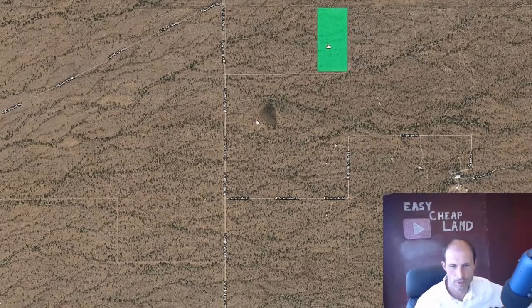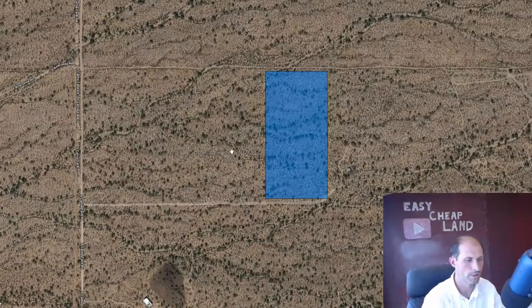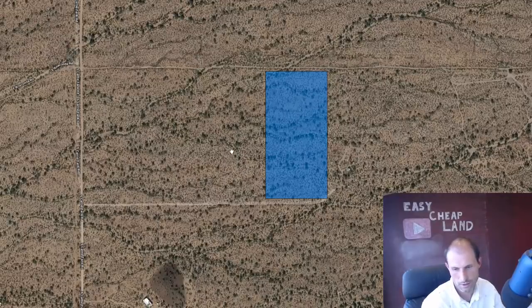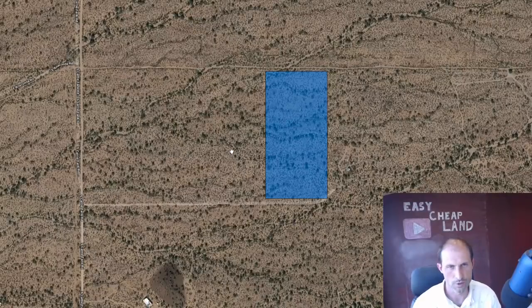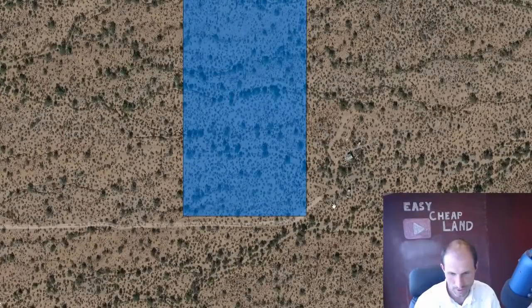Little roads, but you get in there, and it looks like your own piece of the Sonoran Desert. I think there's saguaro cactus and brush and just rabbits and lizards and snakes and birds of prey and all kinds of animals running around. Just classic Sonoran Desert. Roadrunners, you see roadrunners running all over the place. It looks like the road to the south is used by this homestead that would be next to you, and